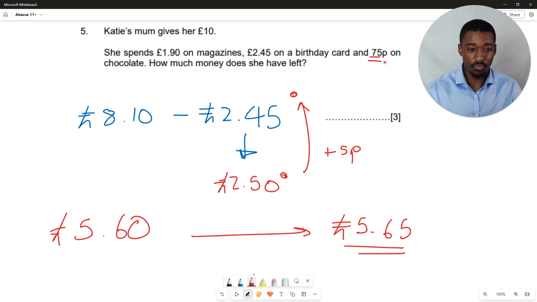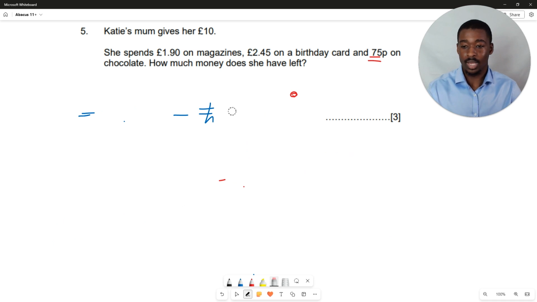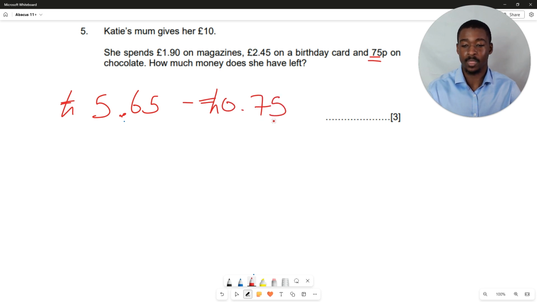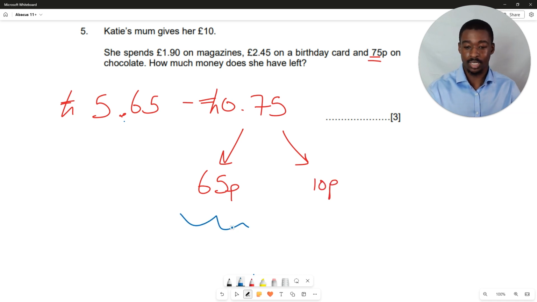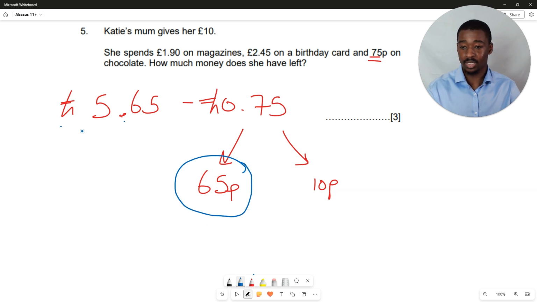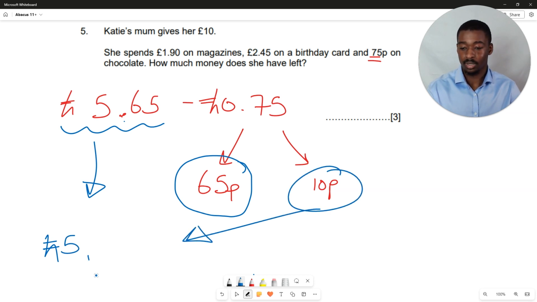And then, finally, we take off the 75 pence. So again, one last time, let's clear up our space. We have £5.65, and we're taking away 75 pence, 0.75. Here again, we can use mental maths. Because this time we know that 75 pence is actually rather conveniently a combination of 65 pence and 10 pence. So if I change color here, we can see that we can start by taking away the 65 pence from £5.65, leaving us with £5. And then we can take off the remaining 10p, giving us £4.90. So how much money does she have left overall? The answer should be